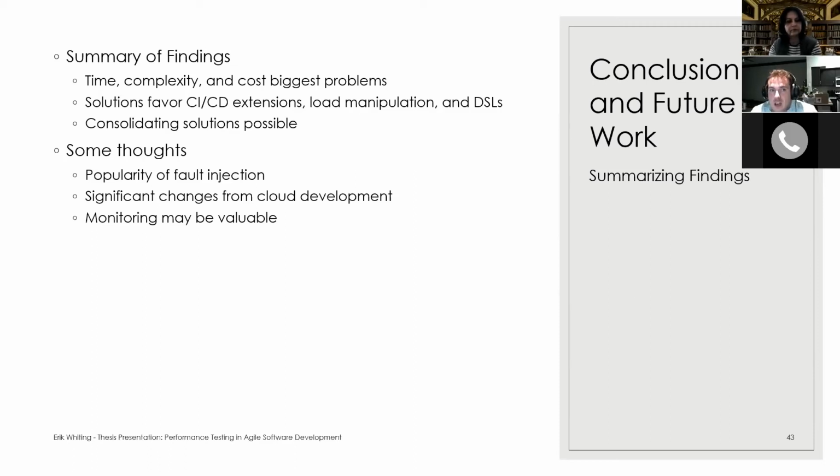Some of the thoughts I had was fault injection. I read one paper about fault injection, and I thought it was really interesting. That paper was talking about a technique they were using at Netflix, where they have this thing called Chaos Monkey, an application that runs through their production system and just randomly fails things. And they see how the Netflix system responds to that. And that whole thing is called chaos testing and chaos engineering.